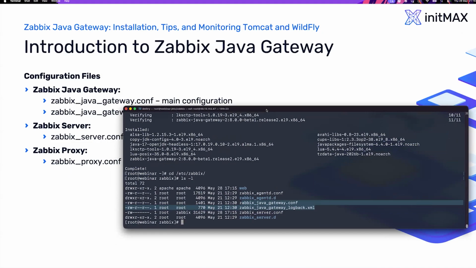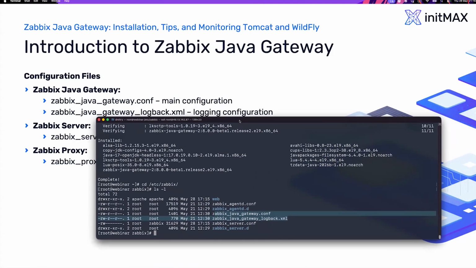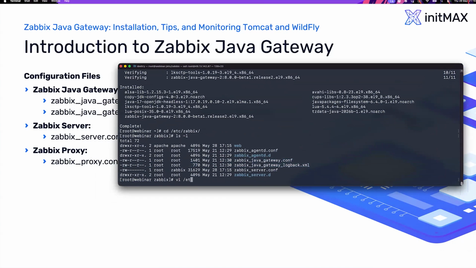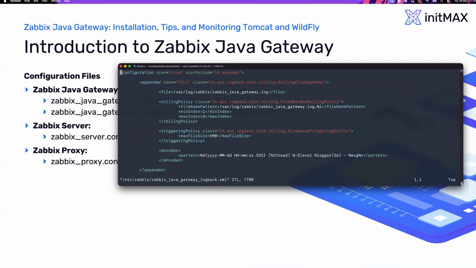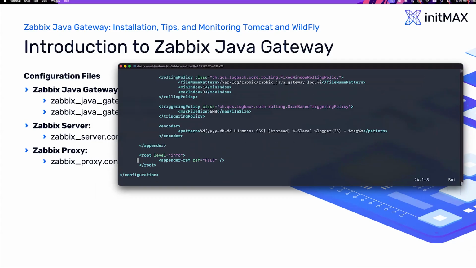One is the main configuration where we have everything for the communication between the gateway and the Zabbix server, for example, and we can also start Java pollers there. And the second one is for the logging configuration, which is unusual for Zabbix: there's a special Zabbix Java Gateway logback.xml